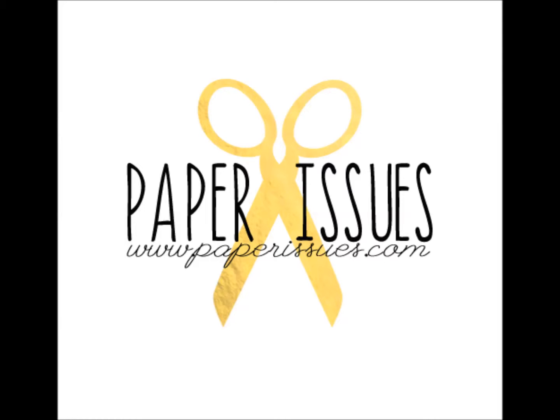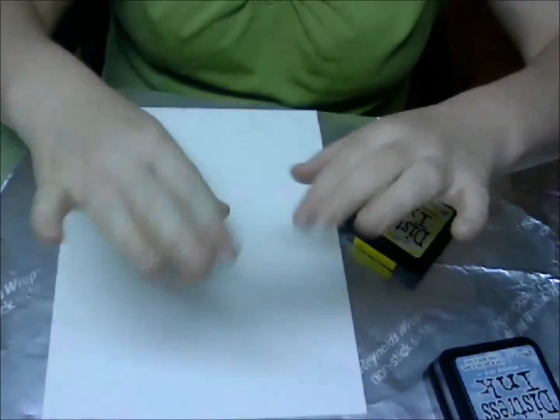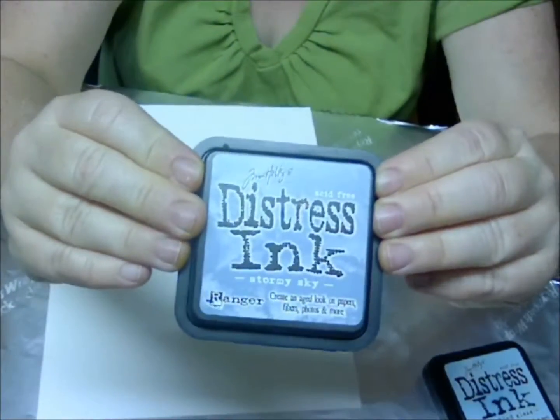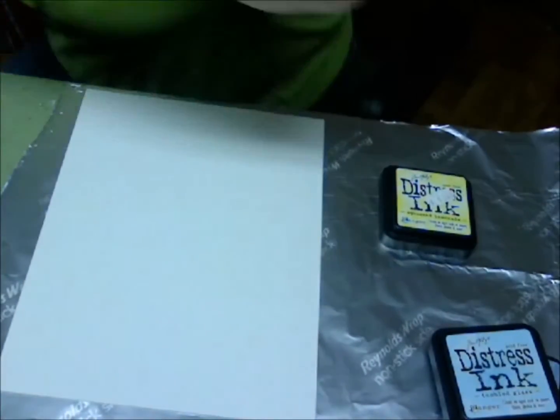This is for the Paper Wishes challenge. It's a sketch challenge, and this is the sketch that I am attempting to work with. I wanted to start this piece with kind of a watercolor wash, so I'm showing you the different inks that